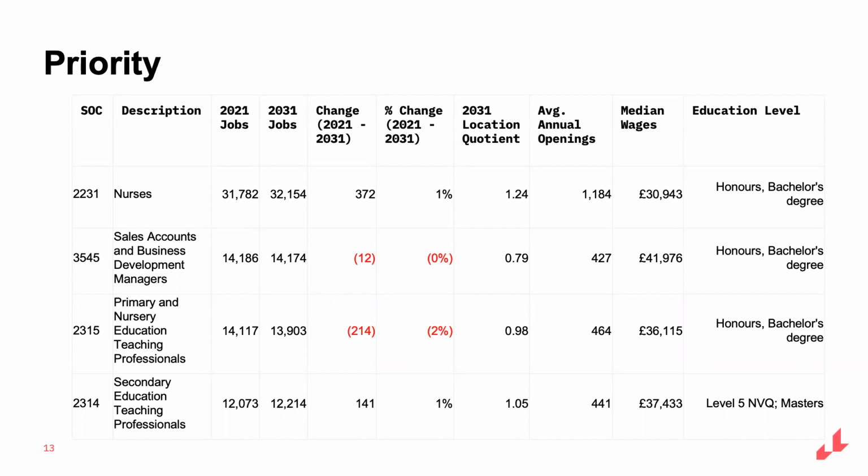So let's look at one that our economists like to use: openings, the number of new jobs added annually, either through growth or through replenishment, replacing people who have left the occupation either through retirement or moving to a job in a different occupation.